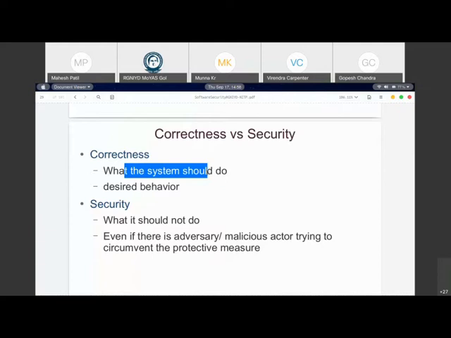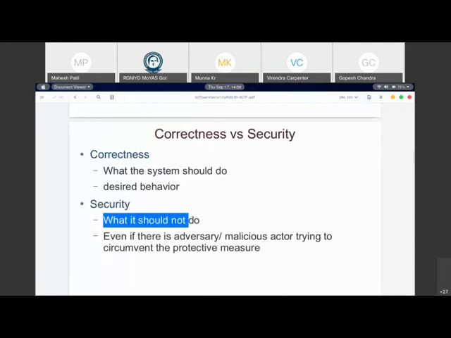But what happens is, not every software is going to be perfect. It's going to have some bugs inside it, which can give rise to security issues. So typically, from the perspective of a security engineer, he would say that this software is not supposed to do certain things. We actually talk about what it is not supposed to do, right?